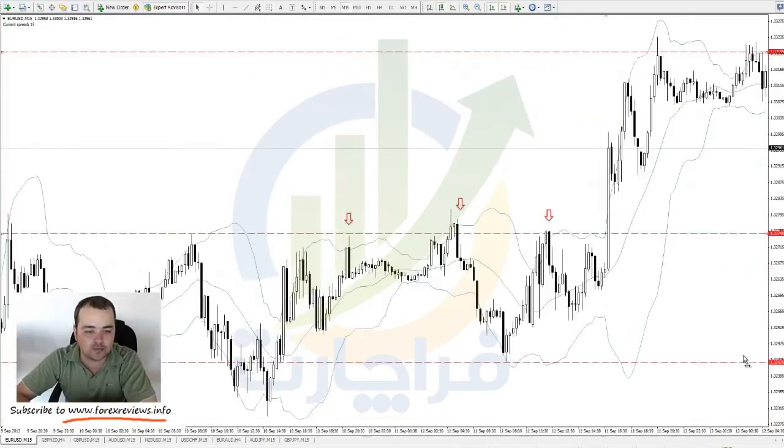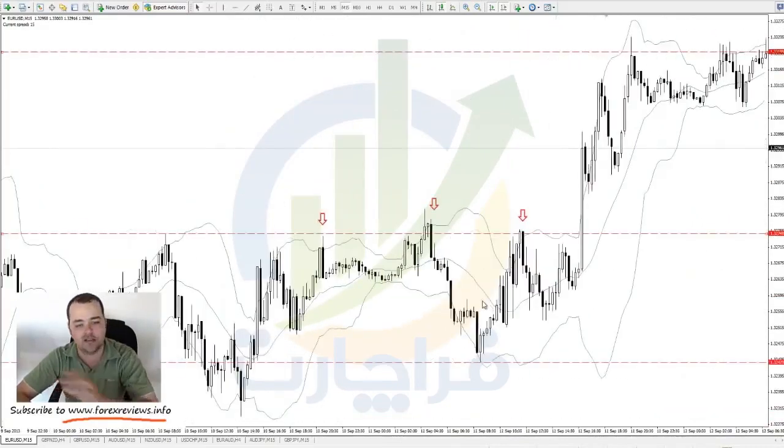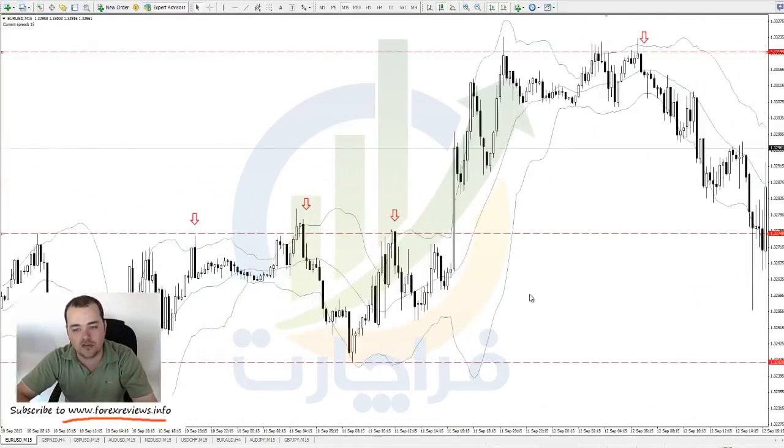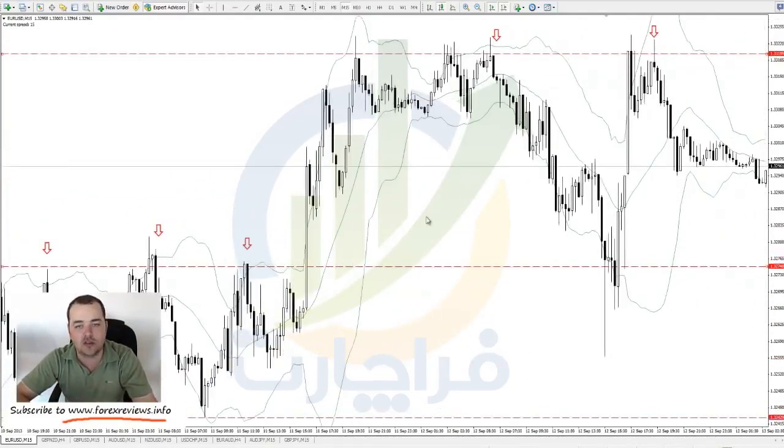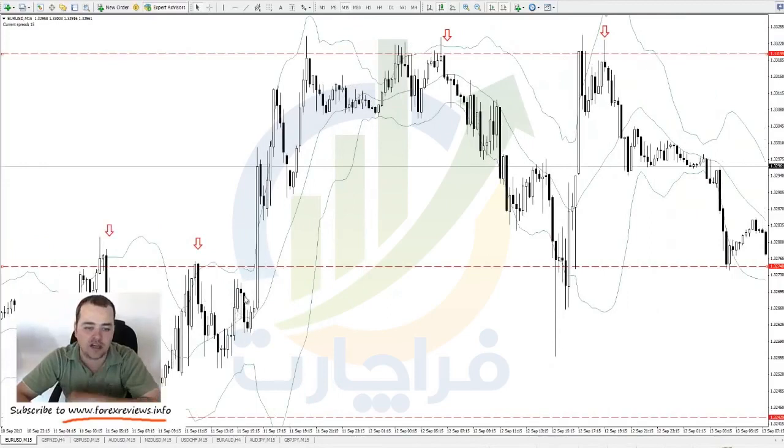Okay, so I'm looking for the market to tell me what to do, right? That's the first thing you should do when you're trading price action. You're also looking for quality engulfing candles, like I mentioned before. And so later on the Euro US, it actually broke out higher above the 132. As you can see, we got no bearish price action here, so I was taken out at break even just here on this last trade,